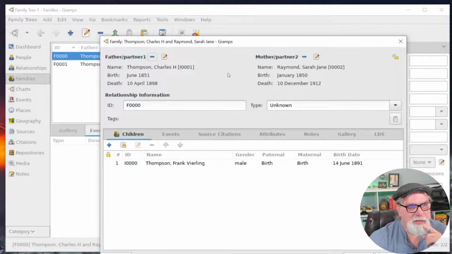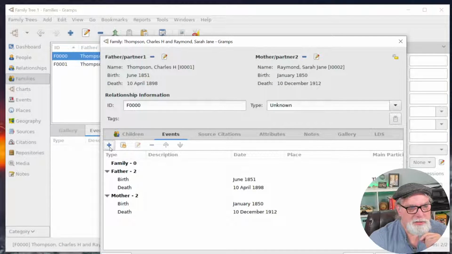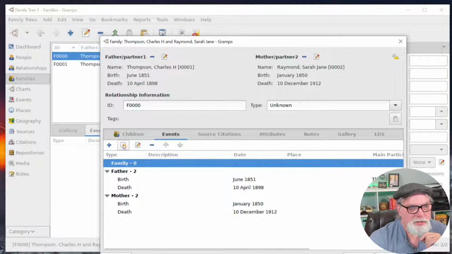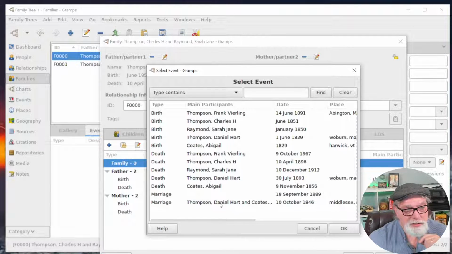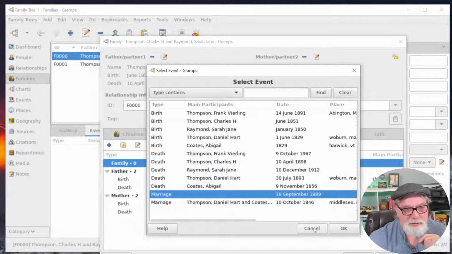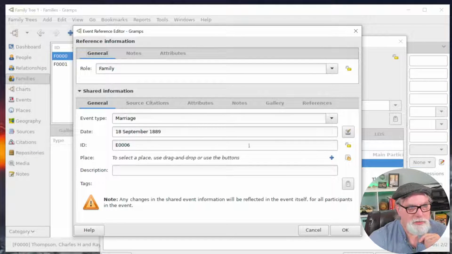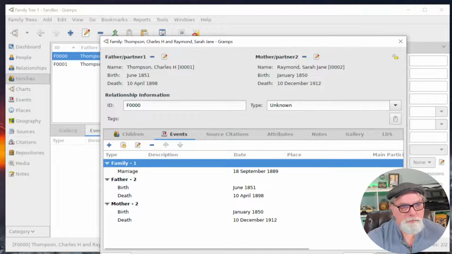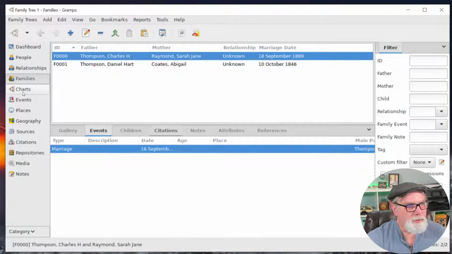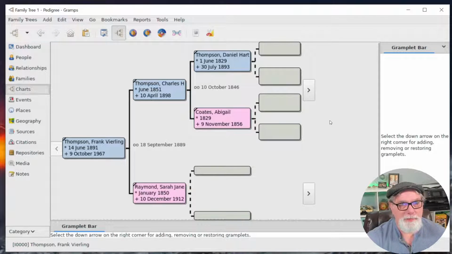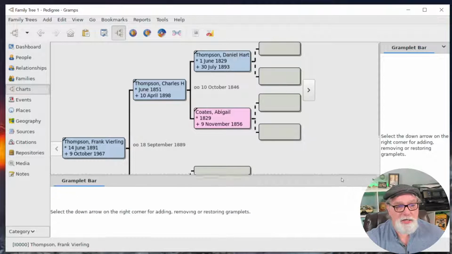Can I add it back? Let's select an event. Marriage. Okay. Family. Notes, attributes, general. Okay. Okay, is everyone happy now? Yes, everyone's happy now. Okay, so that is basic functionality,